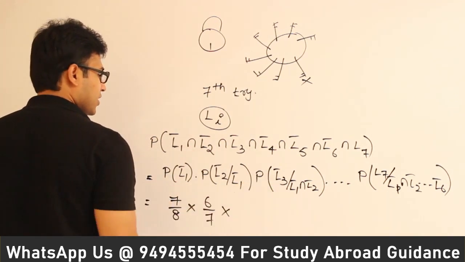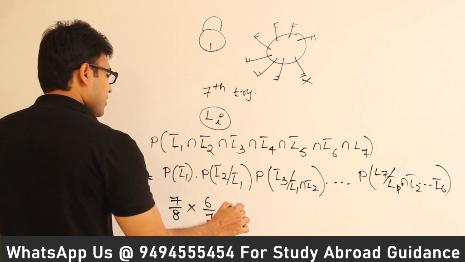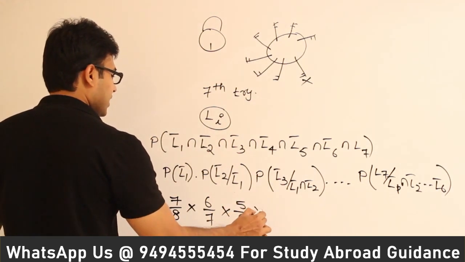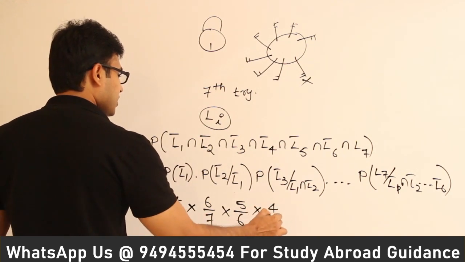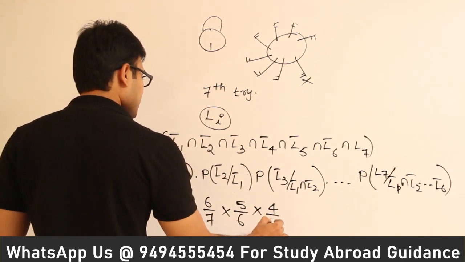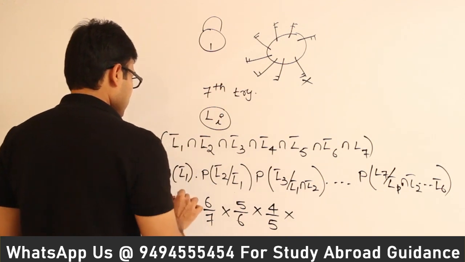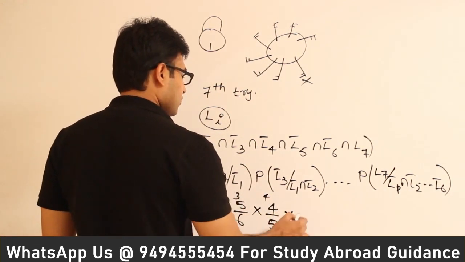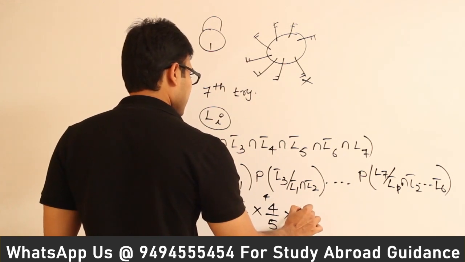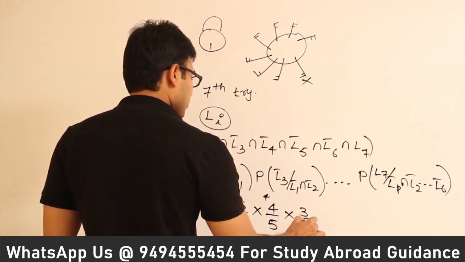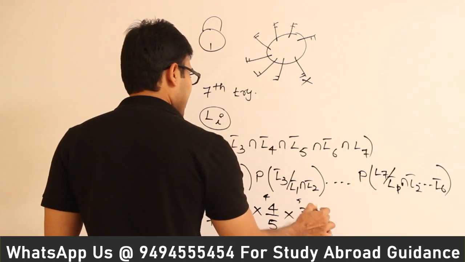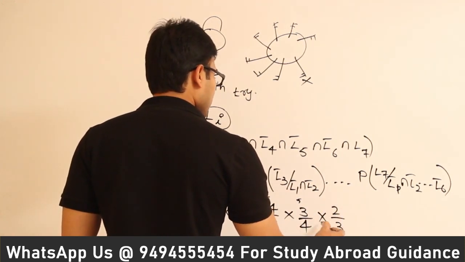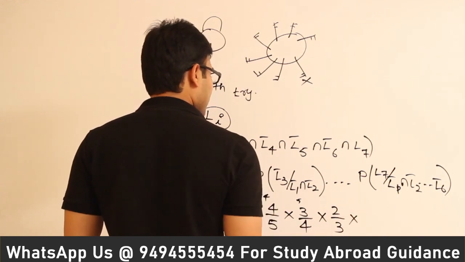Similarly, for the third try to fail, we have to pick one of the 5 wrong keys out of 6 keys, and for the next try we have to pick one of the 4 wrong keys out of 5 keys, right? So this is the first try, second try, third try, fourth try, and next we have to find out the 5th try. For the 5th try we have 3 wrong keys out of 4 keys, right? And then for the 6th try we have 2 wrong keys out of 3 total keys, and for the 7th